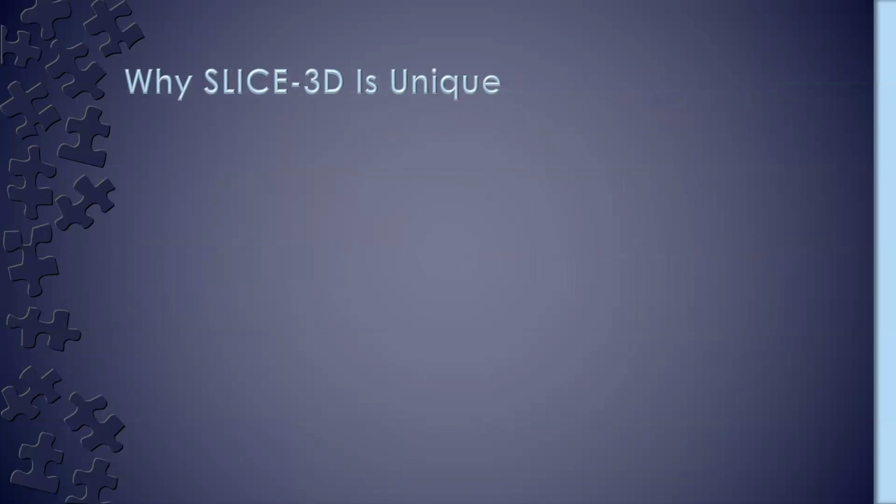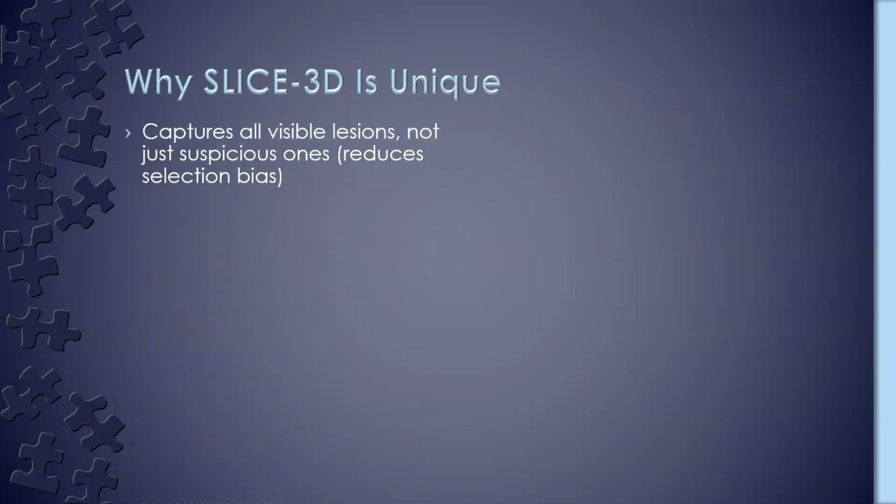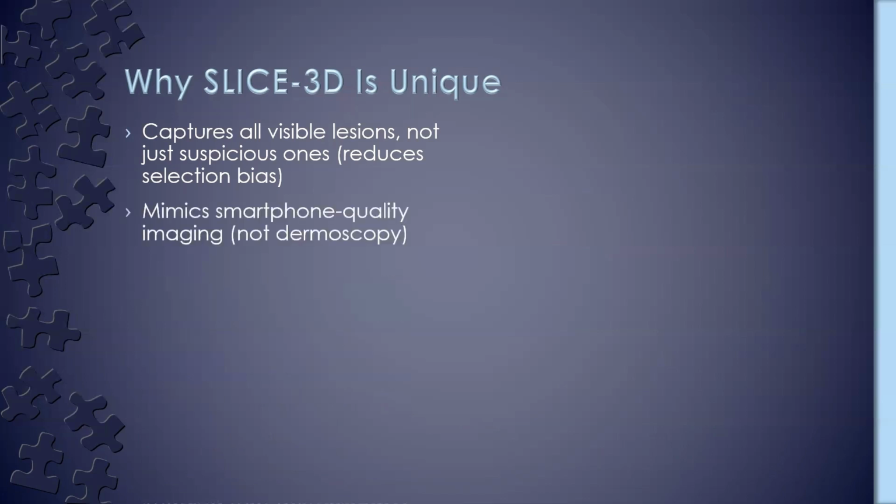Now let's talk about why SLICE-3D is unique. SLICE-3D is different from earlier skin lesion datasets in several important ways. First, it captures all visible lesions on the body, not just ones a doctor thought were suspicious. This helps reduce selection bias, which is a major issue in traditional datasets. Secondly, the image quality is much more realistic. SLICE-3D images are not dermoscopy, but instead look more like photos taken with a smartphone, making the dataset more suited to real-world applications